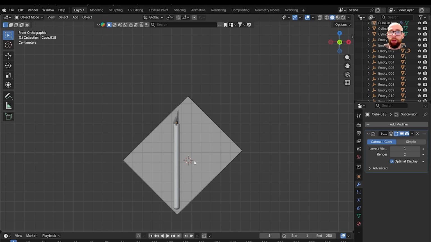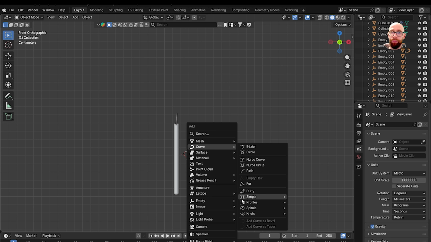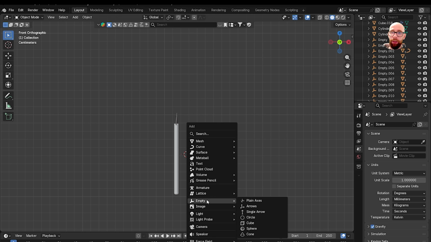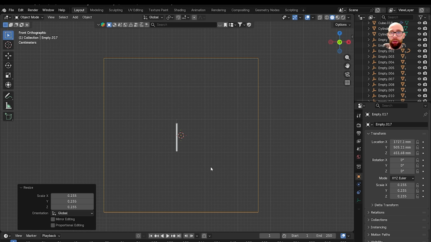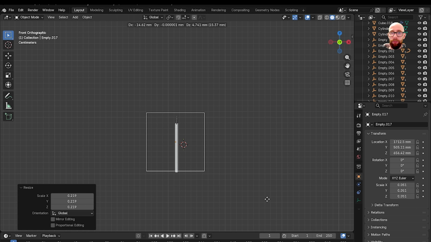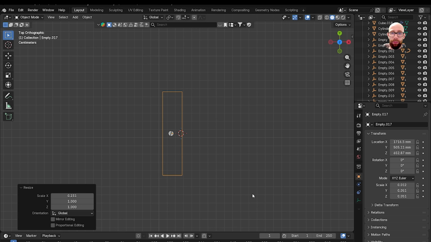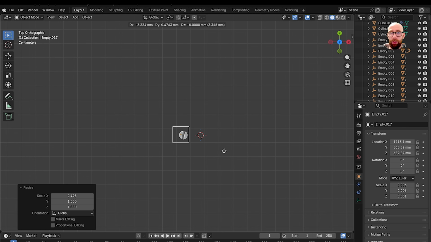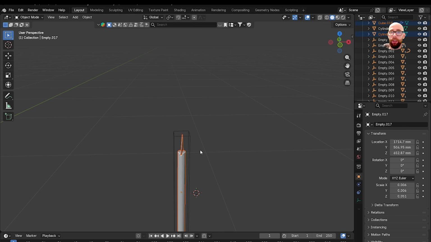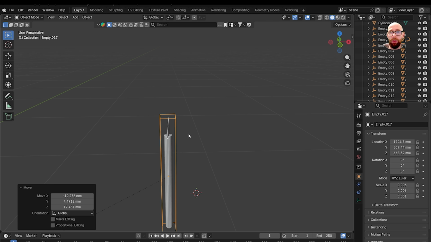So let's come to the front, let's delete that and Shift A, grab an empty, grab our cube, S, X, come to the top, S, Y, and again, select everything, deselect the empty, then reselect it, Control P, keep transforms, so now we've got our knife,